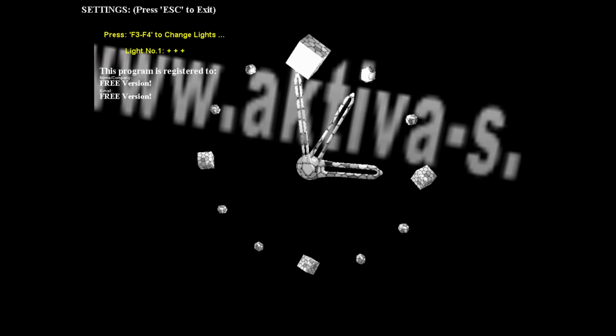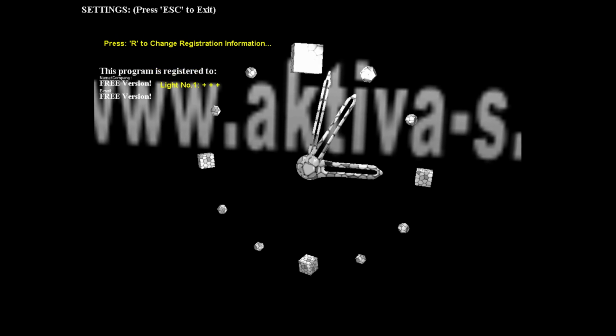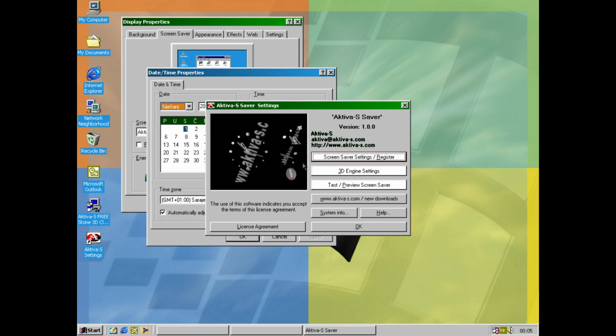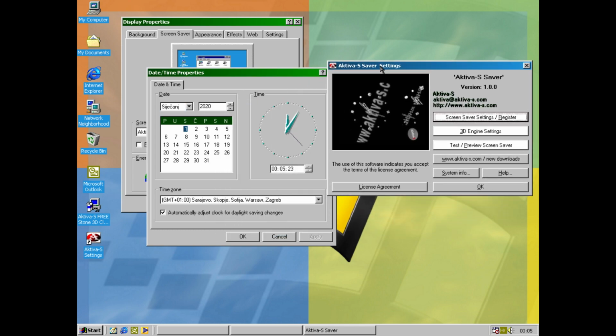I think that's it. Okay, finally there should be an option to change your registration information, but there is no use of it when your screensaver is already free. Just to show you an example of how this could be annoying at noon or midnight, I'll set the clock to a few seconds before midnight. We'll put it like this, and